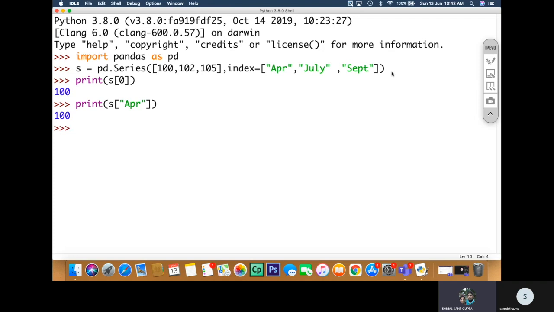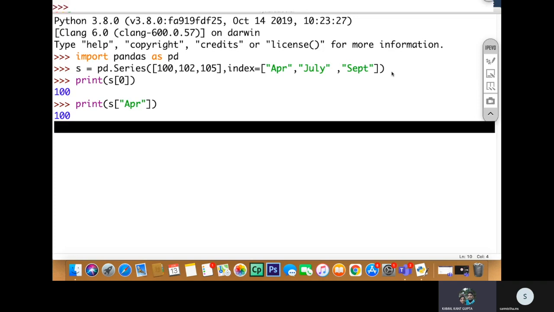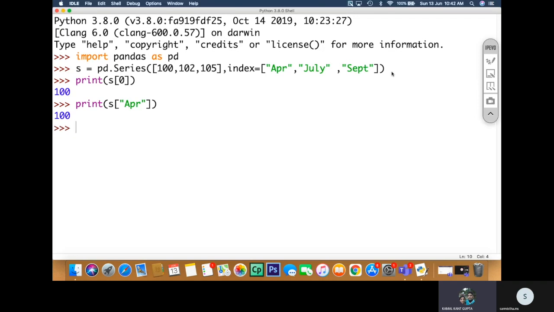Why these two? You can argue that why there is a need of these two types of indexing, sir. We can have simple numeric indexes. Why is there a need of labeled indexes? If there is an opportunity of having numeric indexes, that is positional indexes, why is there a need of labeling them? So remember, these are two separate things, and they provide two different levels of convenience to the code, right?